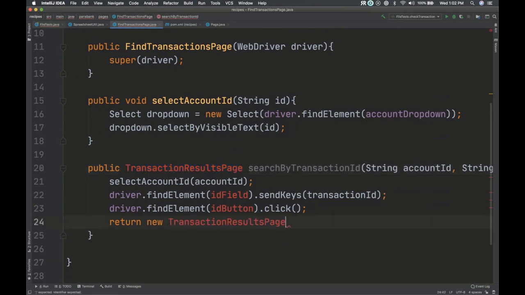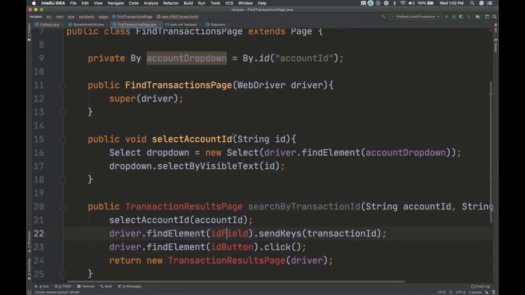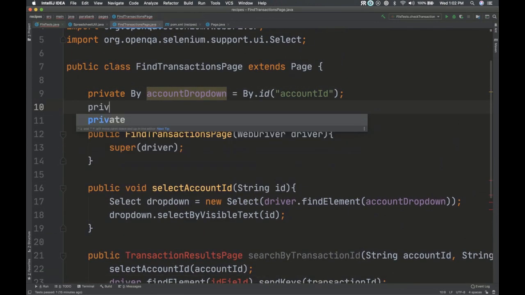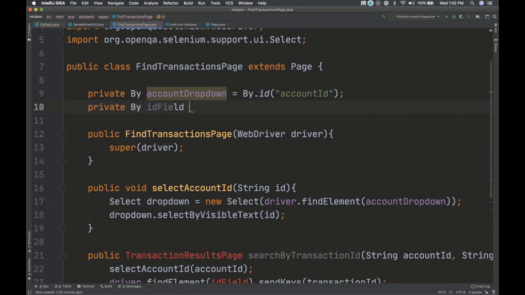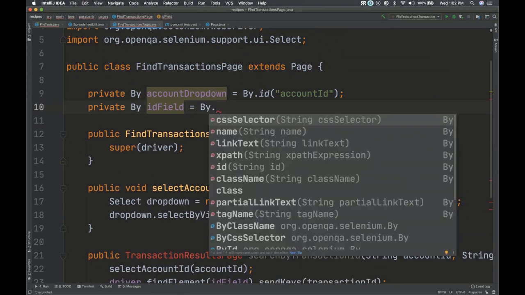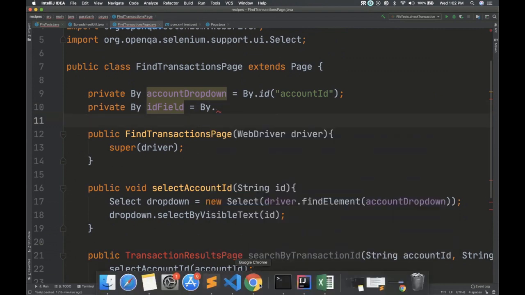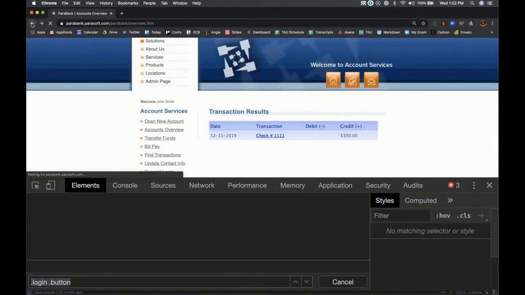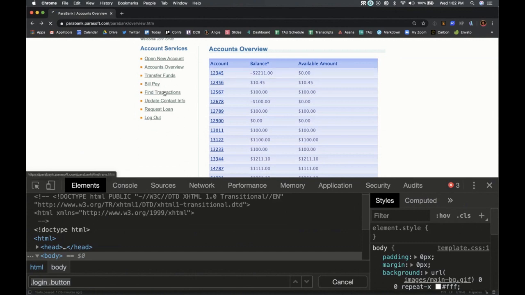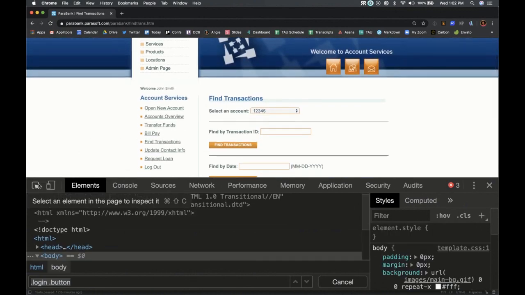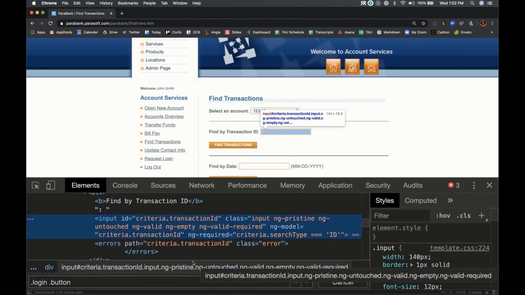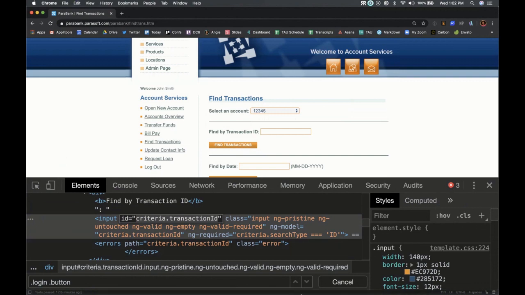So a bunch of stuff we need to make. Okay. All right. So ID field and ID button. I don't know. Let's go see what it is. ID field. So go back. Oh, it's got a nice ID again.